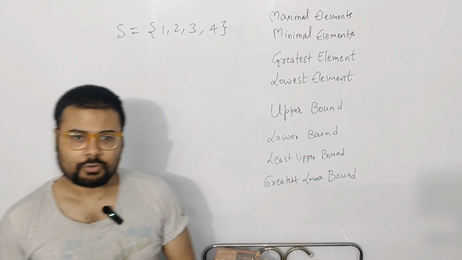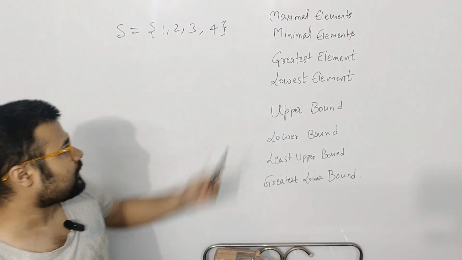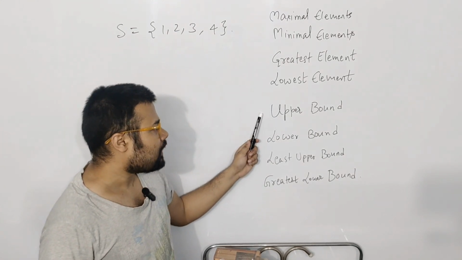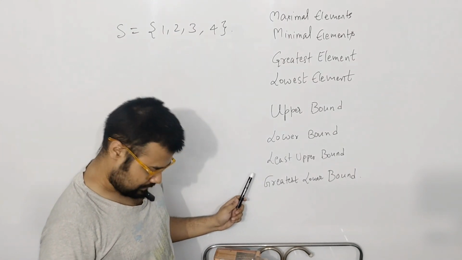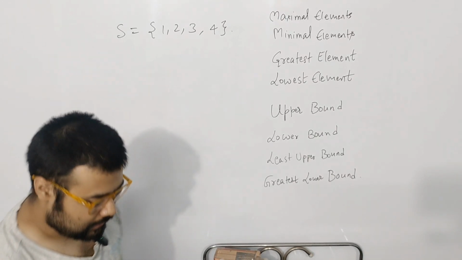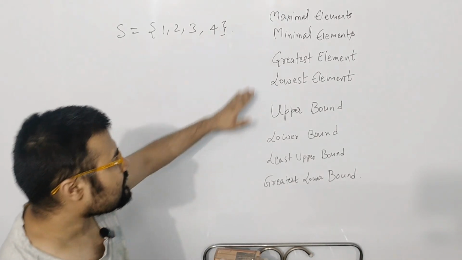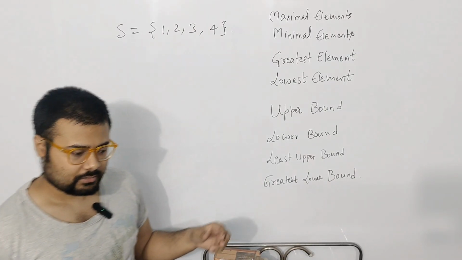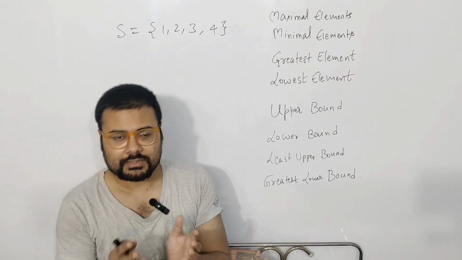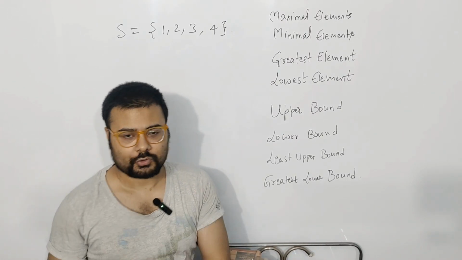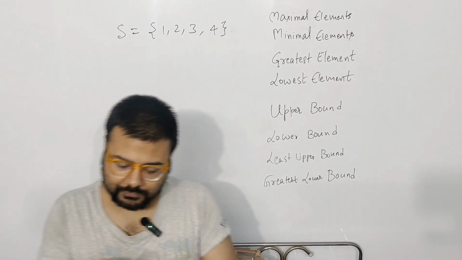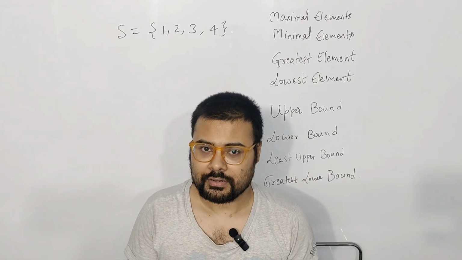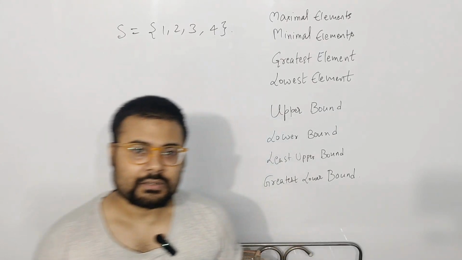So far in our discussion on partial order relations, we have come across these terms like maximal elements, minimal elements, greatest element, lowest element, upper bound, lower bound, least upper bound, greatest lower bound. And these things are because of the fact that if a relation is a partial order relation, there is an order in some of the elements of your set. When the relation is reflexive, antisymmetric, and transitive, if only these conditions are satisfied, then what is guaranteed is